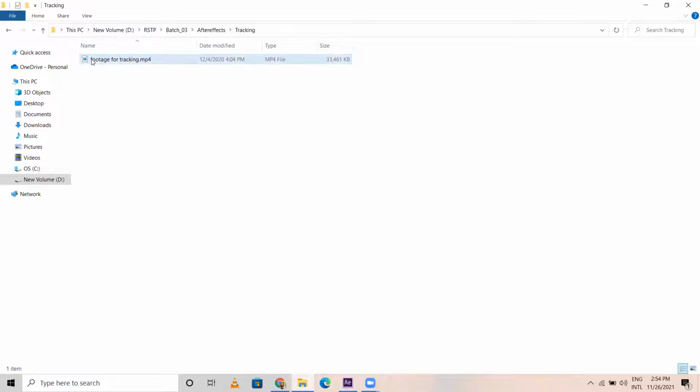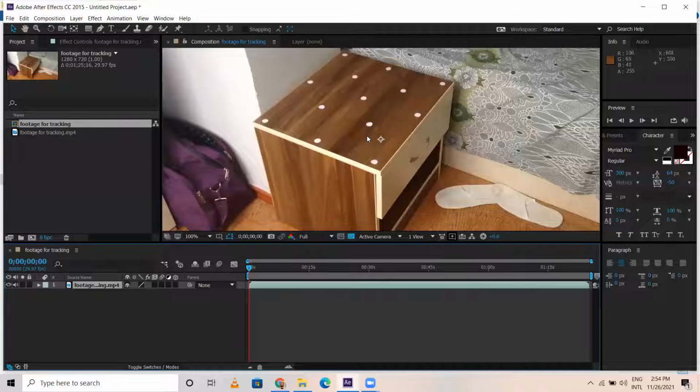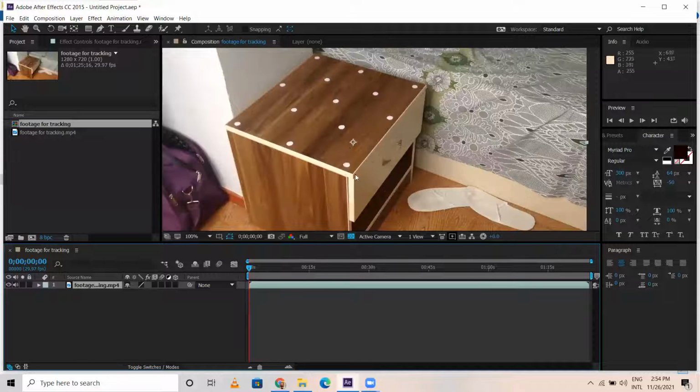For that, you have to get this tracking footage into After Effects. I think it's a half HD composition, and we have it here, this is fine. These are the track points here for me. If there are no track points, After Effects will still do the capturing. We'll see those footages later. Now let's work on this one.